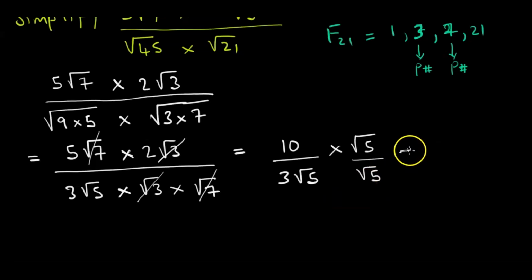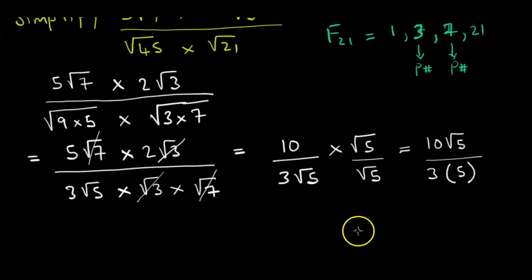So here we are going to have what? We are going to have 10 the square root of 5 over 3 multiplying what? 5. Because the square root of 5 times the square root of 5 is equal to 5. We proved in our previous lesson why it is so, looking at the laws of indices. Then here we can cancel because 5 into 5 is 1, 5 into 10 is 2. Correct, our final answer is going to be 2 the square root of 5 over 3.